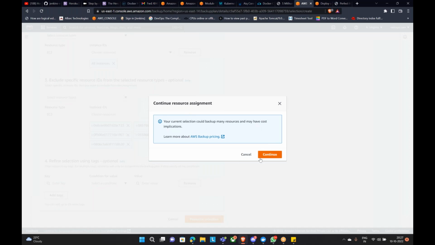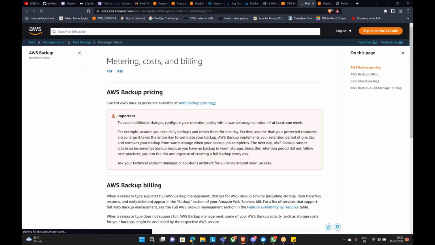See, it says your current selection could back up many resources and may have cost implications. So that is why I'm not going to continue, because if you see the backup pricing here, you will come to know that